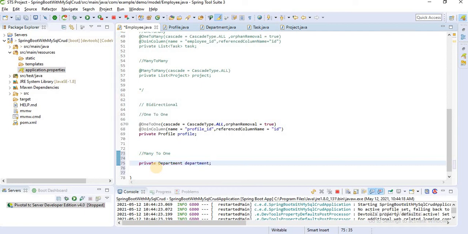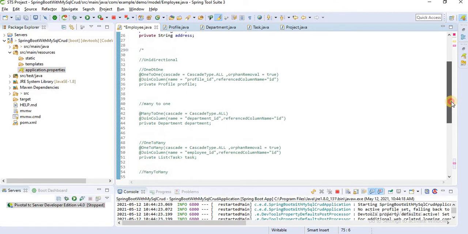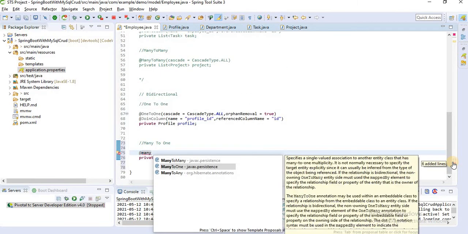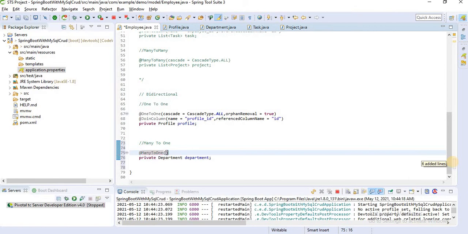Here add many to one. In this case one employee has only one department, but one department has multiple employees. That means we can store the department ID inside the employee table.